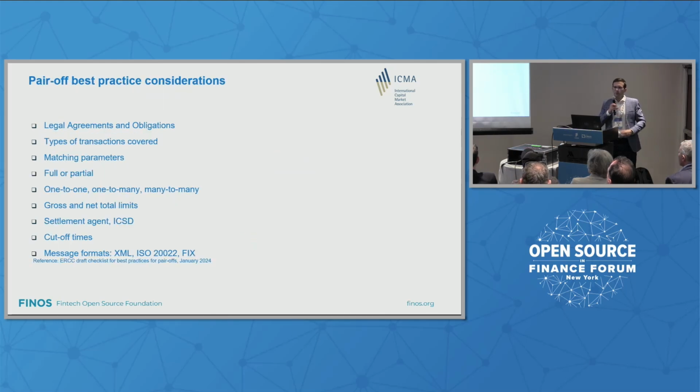So when we look at best practice considerations for pair-offs, I think conceptually on a high level, it is similar to other markets. There's nonetheless a number of things when it comes down to implementation that will need to be agreed upon. For example, whether it is underpinned by legal agreement or whether it's on a best efforts basis, the types of transactions that are covered, if it's repurchase transactions only, or if it's also cash transactions, or also buy and sellbacks, the matching parameters, for example, what type of currencies for the collateral, what types of securities, rating, and so on,